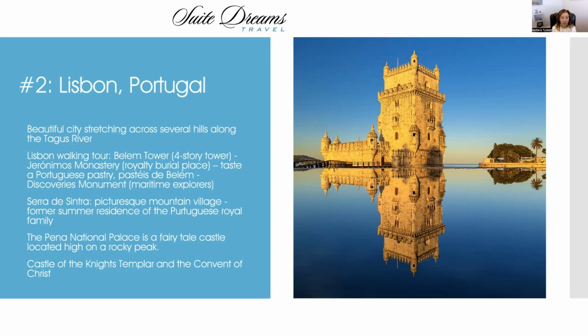and the Discoveries Monument, which is a monument that is made to maritime explorers. You'll get to visit this beautiful little picturesque mountain village called Serra de Sintra, and it's the former summer residence of the Portuguese royal family. So that's really cool. And the Peña National Palace is this beautiful fairy tale castle that is located high on a rocky peak. You'll see the castle of the Knights Templar and the Convent of Christ. So many sightseeing things to get to visit and see in Lisbon and in the area on a pre or